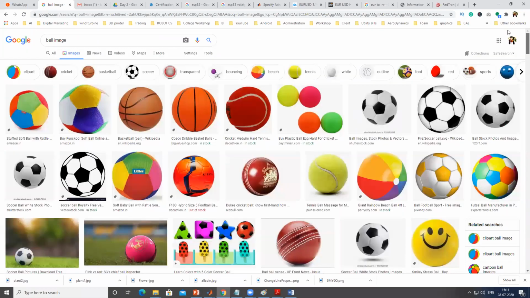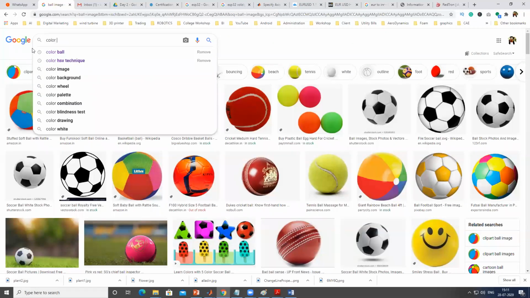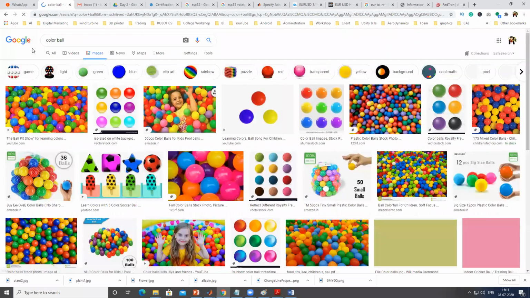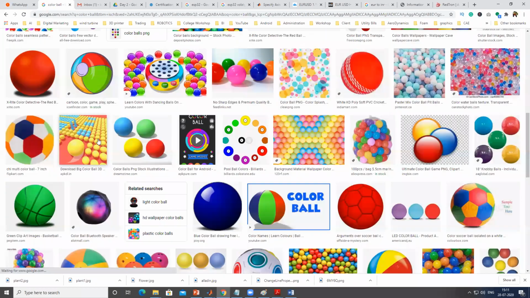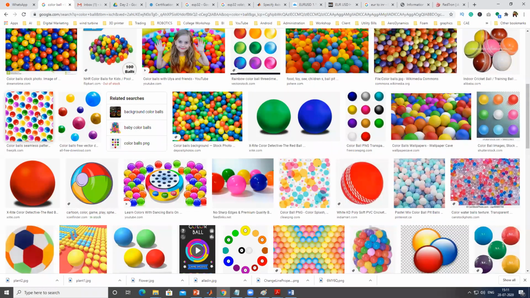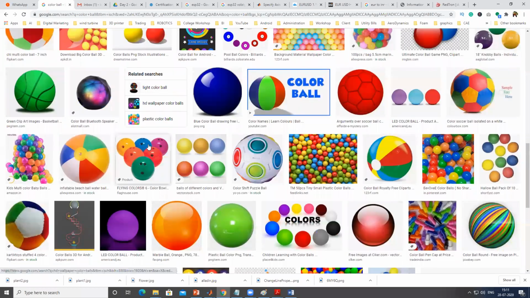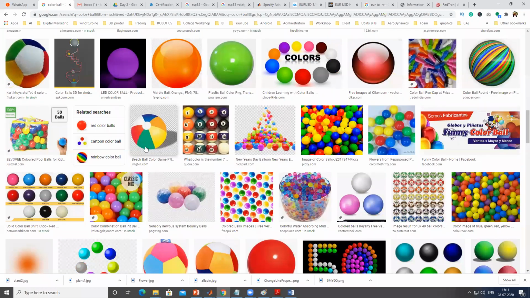Well, I have to be very specific. If I type ball, then it will give me all types of color ball. Yeah, this one also we can take. Let me check if I take some other.